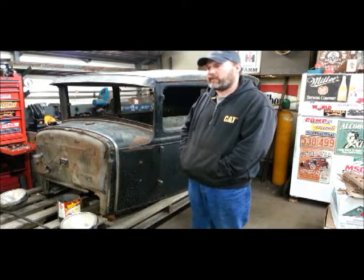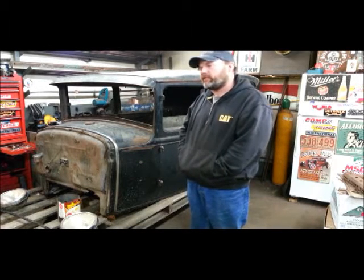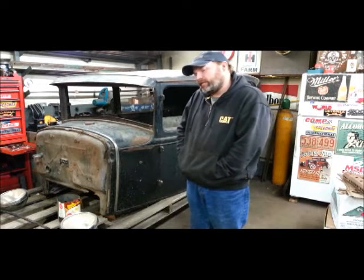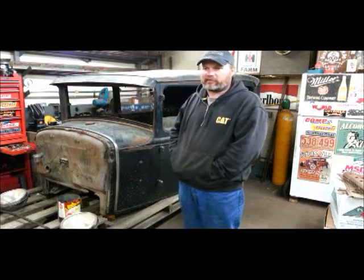That traditional look is really, I don't know how I would say it, but it's really gotten me. I really like that look. I know there's a lot of traditional shows that go on in this area, and it's really cool to see that kind of look. And I know some people call them rat rods. I'm not going to argue that. I'm not going to defend my car. Don't call it a rat rod. I'm not that way. I couldn't care less what you call it, but